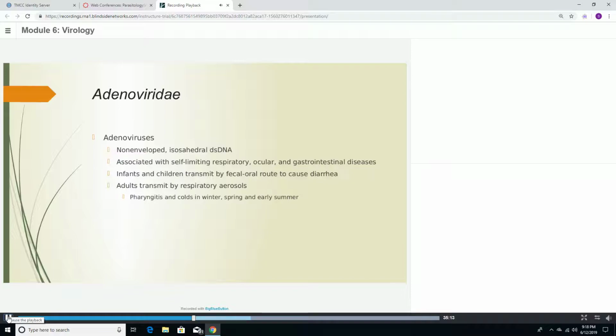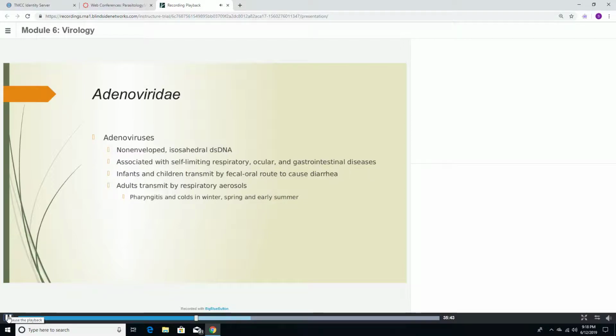The next virus we're going to talk about is under the family Adenoviridae. So adenoviruses are non-enveloped viruses. They're icosahedral, double-stranded DNA viruses. They're associated with self-limiting respiratory, ocular, and gastrointestinal diseases. Infants and children can transmit disease by the fecal-oral route and it causes diarrhea. Adults transmit the disease by respiratory aerosol, so it can cause pharyngitis and colds in the winter, spring, and